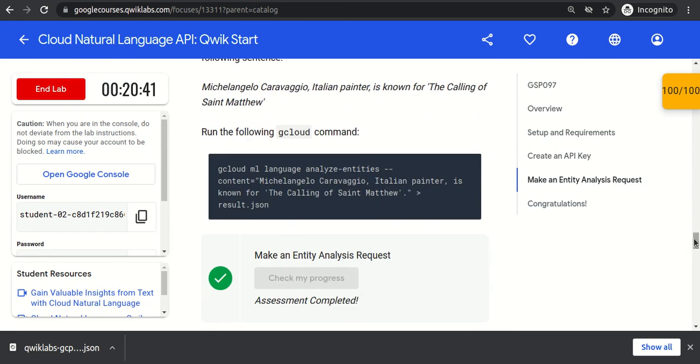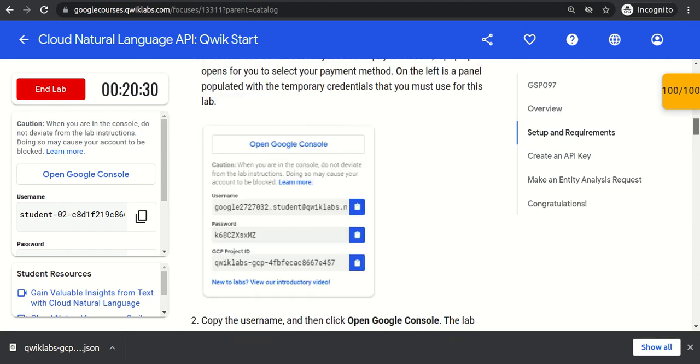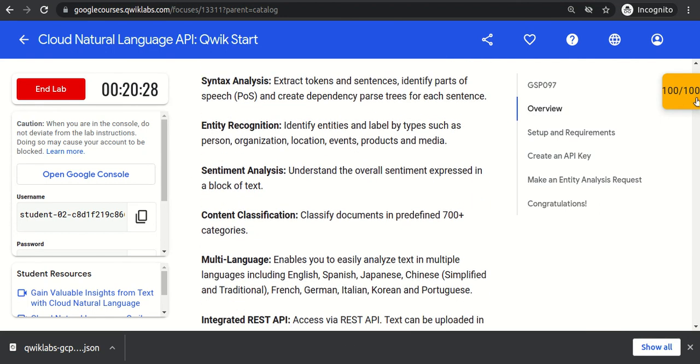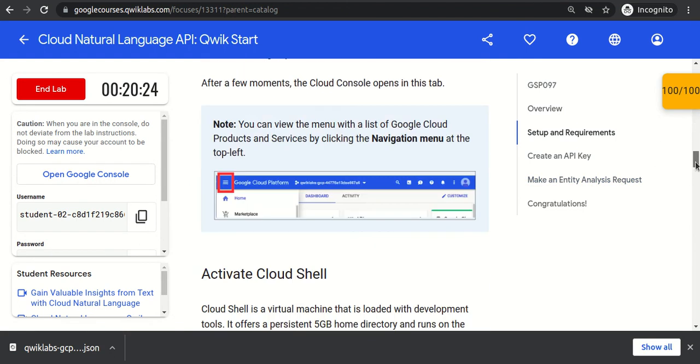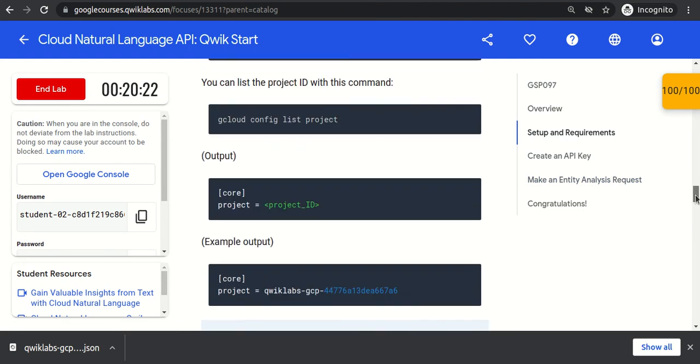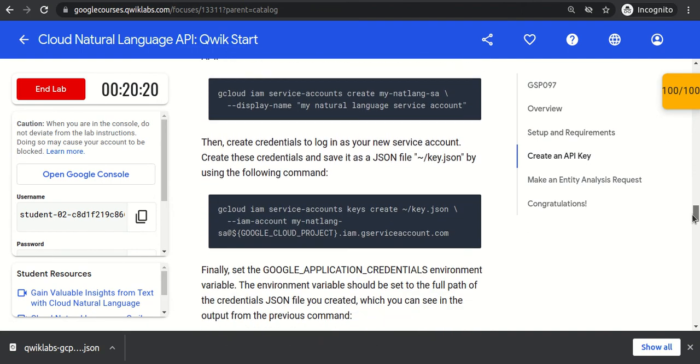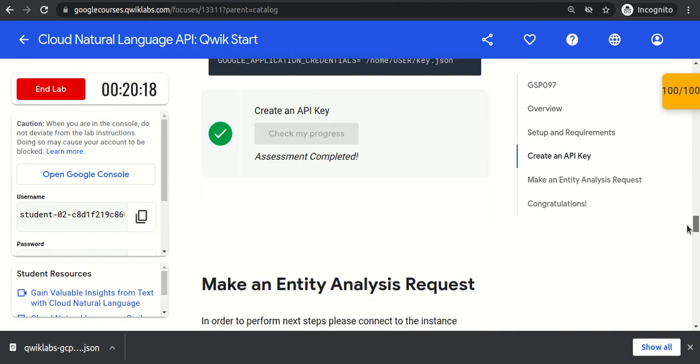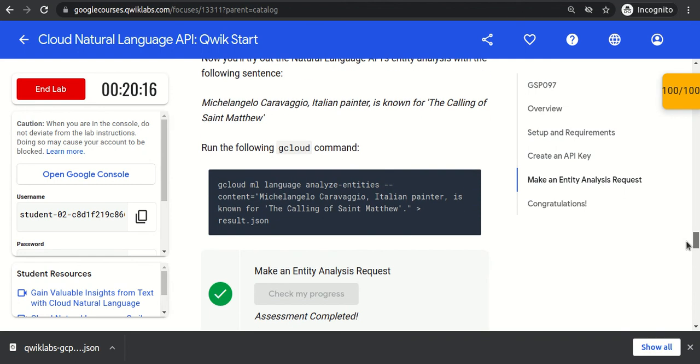We have the gcloud ml command, that is the machine learning capabilities, and under machine learning we use language, and under language the operation we have to perform, analyze entities, because the natural language API can perform a lot of operations, like entity recognition and sentiment analysis. As part of this lab we have to perform analyze entities, and we can give the content.